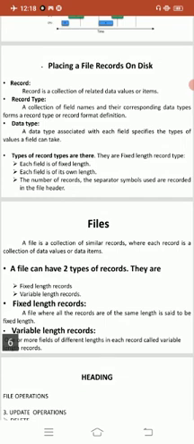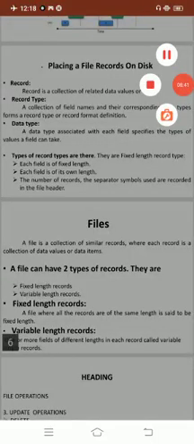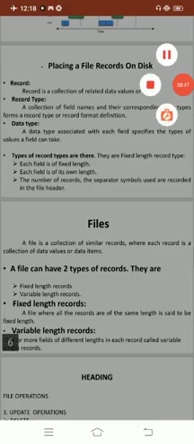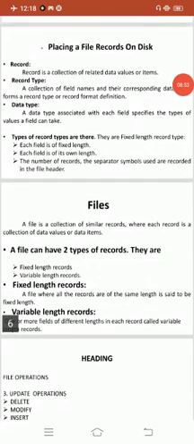They are the fixed length record type, where each field is of fixed length, and the variable length record type, where each field is of its own length and the separator symbols used are recorded in the header. So totally, these are the record types. Fine. So next,